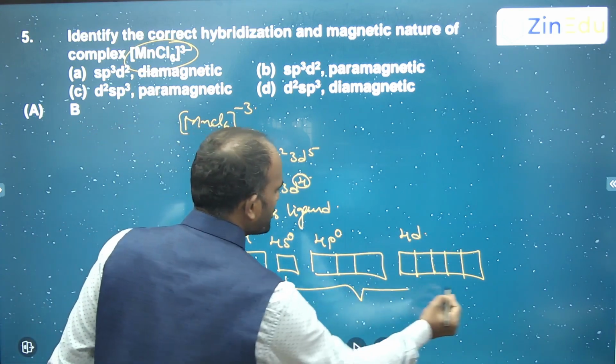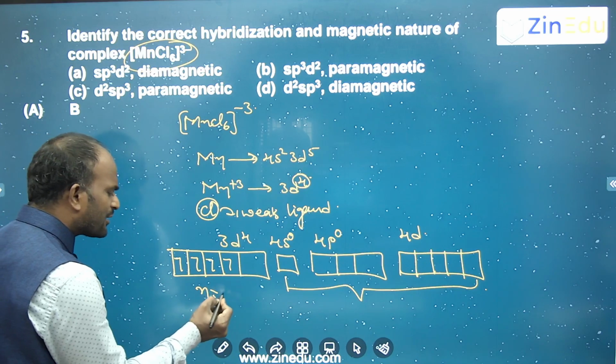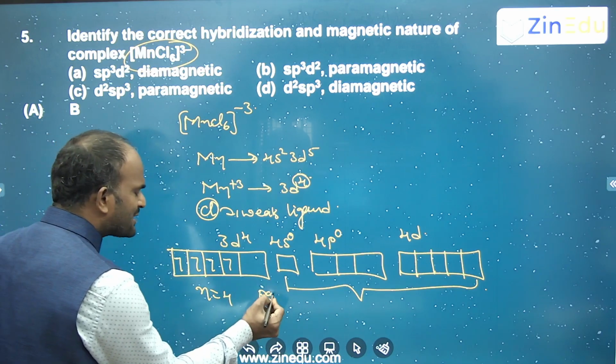So what is the hybridization here? sp3d2 hybridization. The number of unpaired electrons is 4, therefore it is going to be paramagnetic